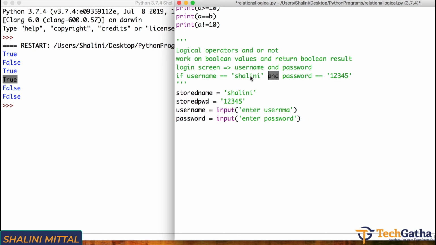I cannot say if the username is correct but the password is wrong, allow login. Both have to be correct. That's where we use and.